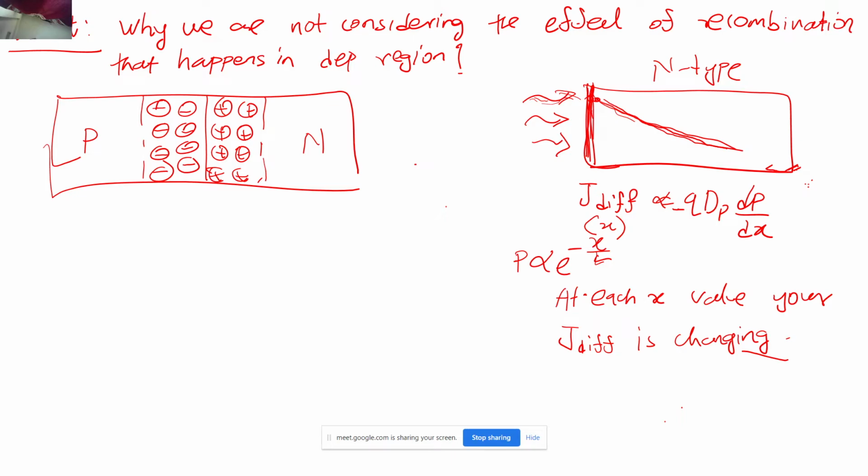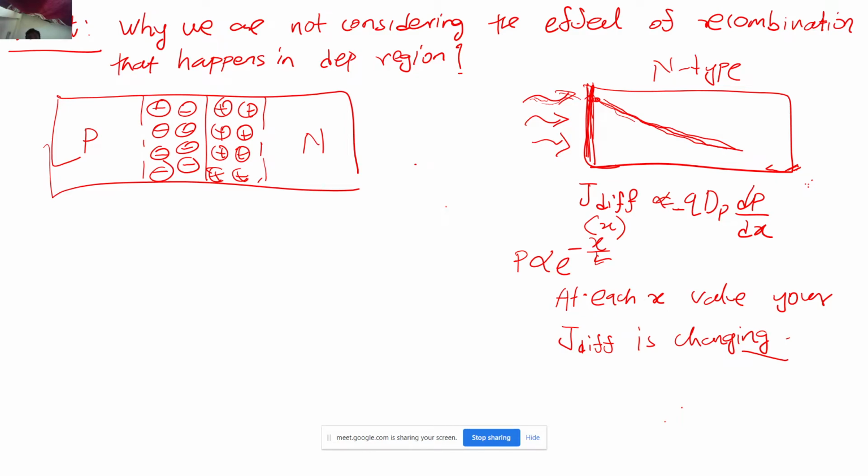At each and every point my current density, that is the current itself, is changing, right? That means something weird is happening, because KCL doesn't allow that. It is as if, while I am moving in the forward direction, somebody is sucking the charges out of what I want to propagate. Let's say this was the current that I wanted to pass, and somebody is sucking out the charges in between. So it looks like some violation of KCL. Can you please tell me what is actually happening here? How can the current change across the distance?